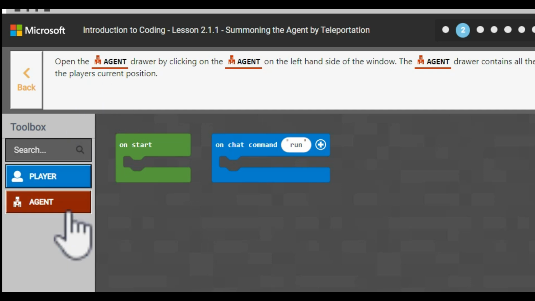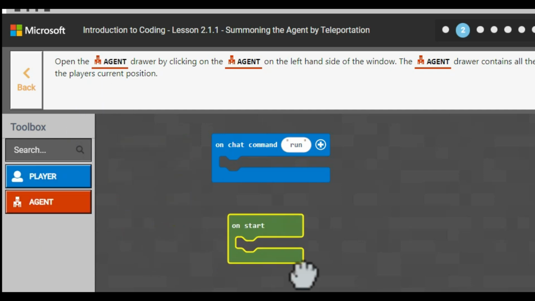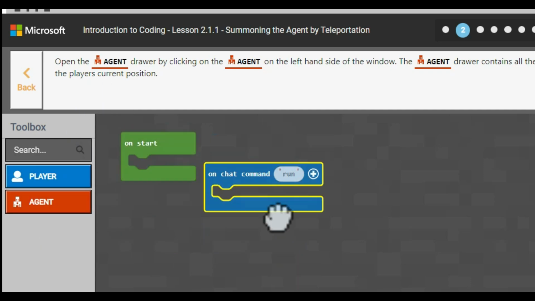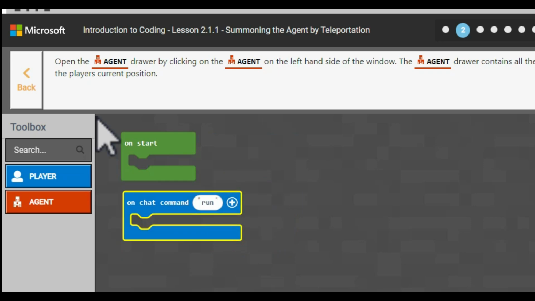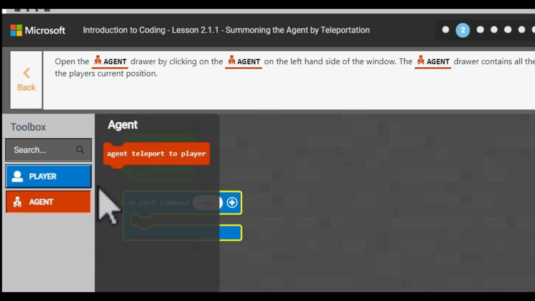So they put the different blocks for coding into these drawers, organized into drawers over here on the left hand side. And they try to color code it and drag our attention to the things that we're supposed to be clicking during the activities. So it says open the agent drawer, and then we're going to look for the agent teleport to player block, and then we're going to drag that out